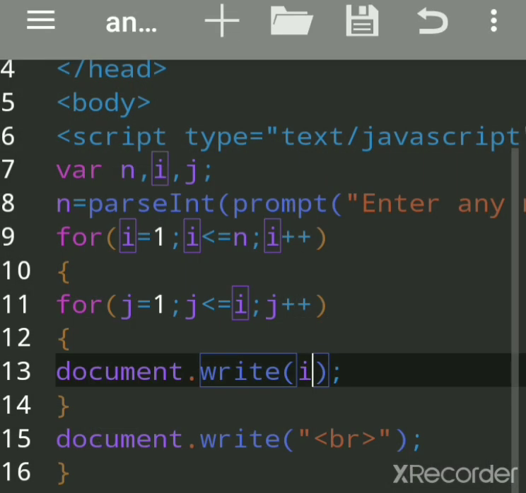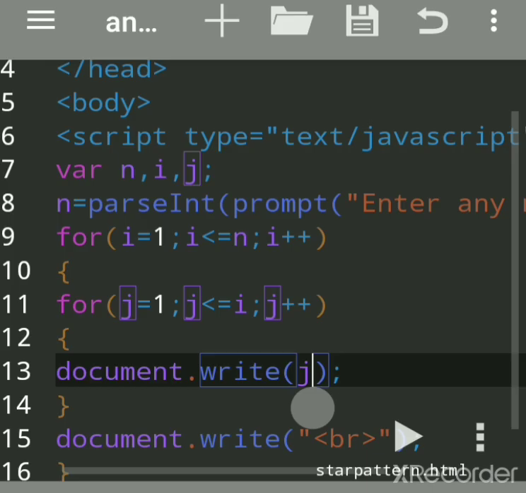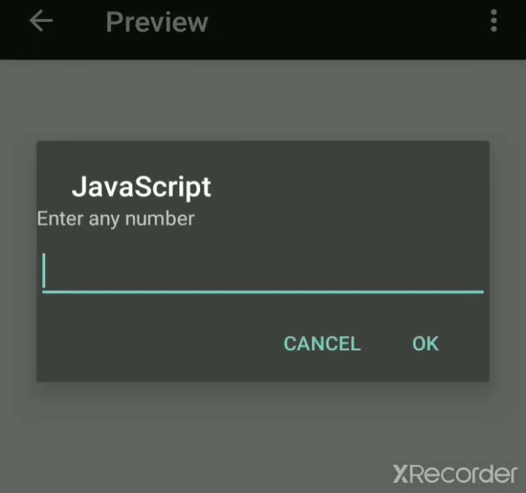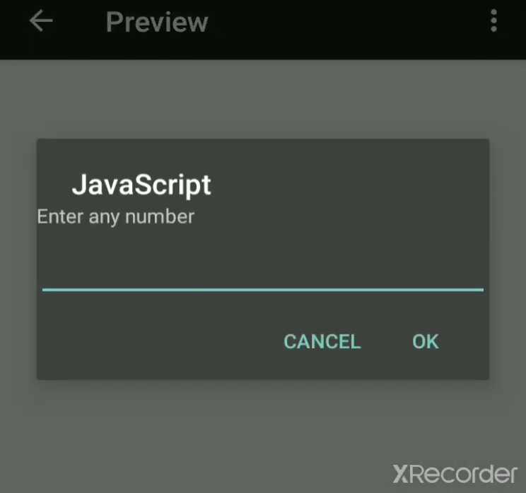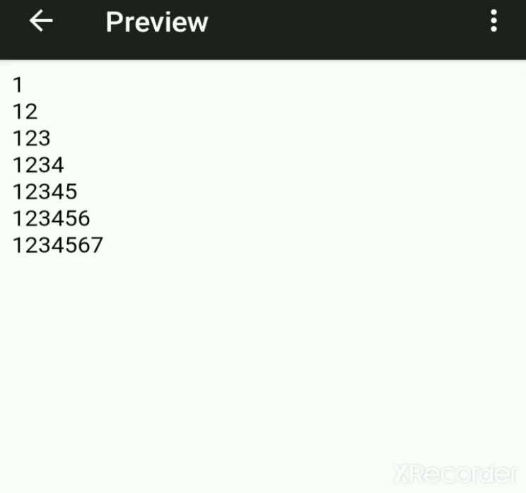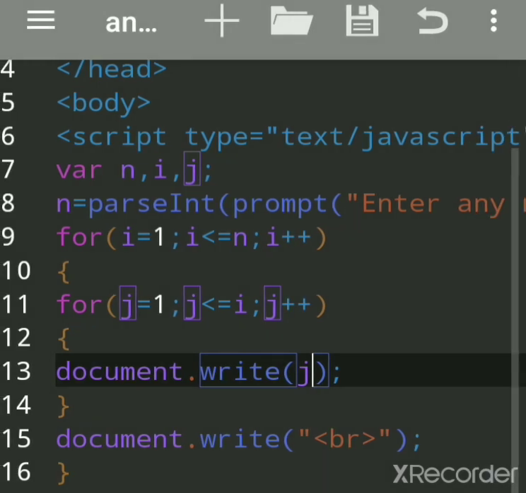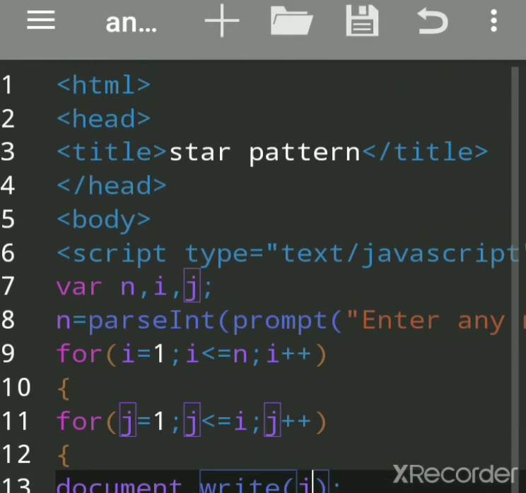Suppose instead of i, I print the value of j, and I say till 7 lines I want, so this is the value of j. So in this way you can print number format and character format or star.